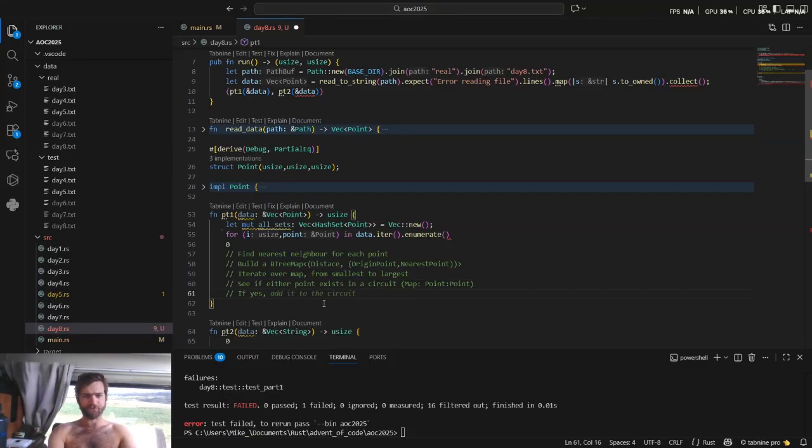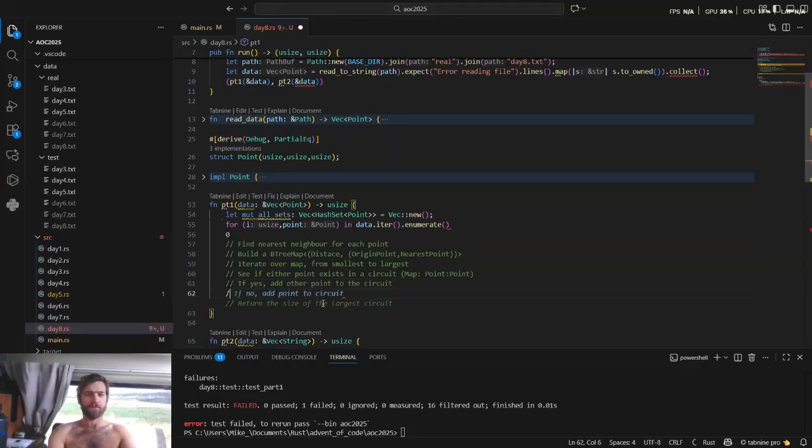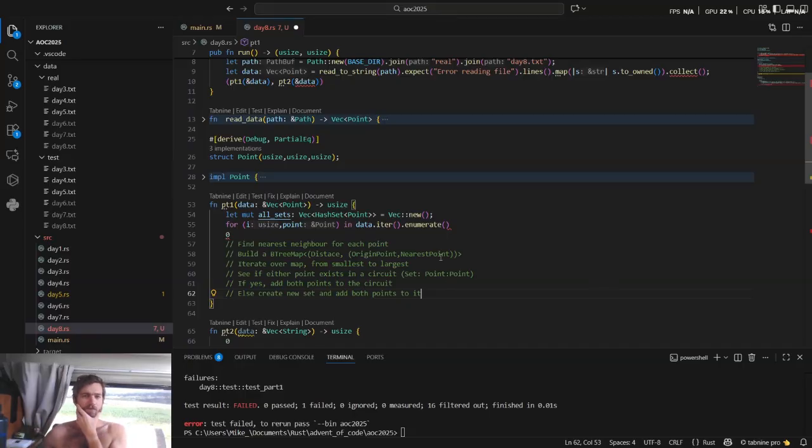If yes, add other point to circuit. In which case it's actually add both to circuit, because, well, actually I only need to see if it's in a set of points. Makes a circuit. If yes, add both points to circuit, else create new set. Add both points to it. Okay, cool. So,